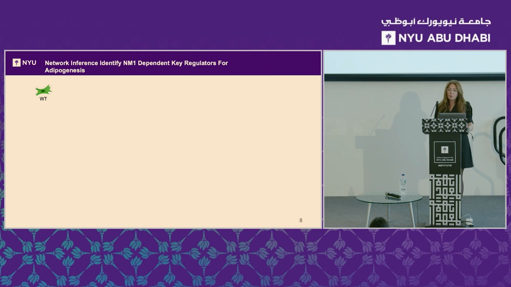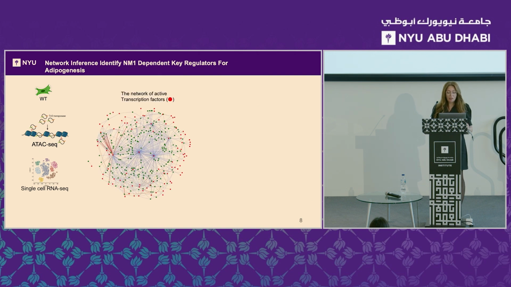So further, we applied some machine learning approaches to the data that we had from ATAC-seq, but this time we changed bulk RNA-seq to single-cell RNA data. And we computed a predictive model that is shown here as a network, where the hubs are actually transcription factors. And the network around each hub is the genes that are regulated by that specific transcription factor.